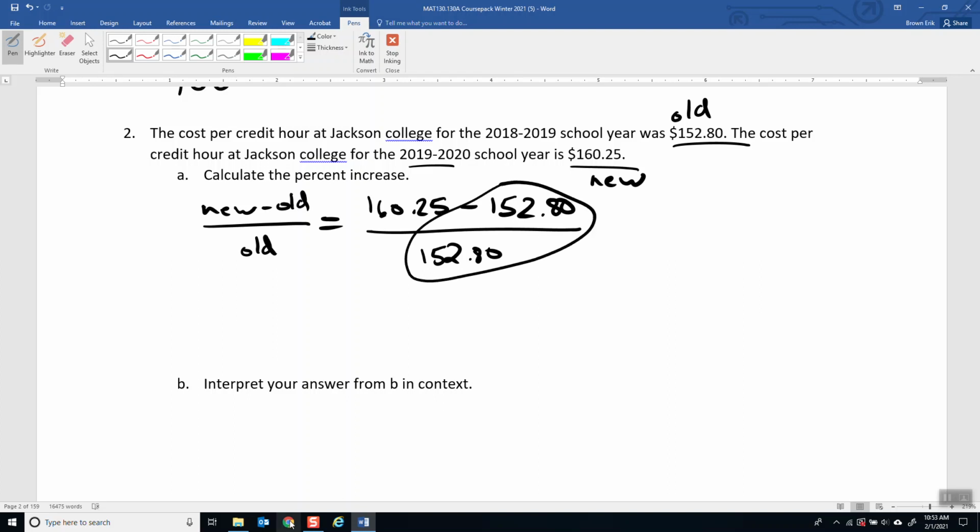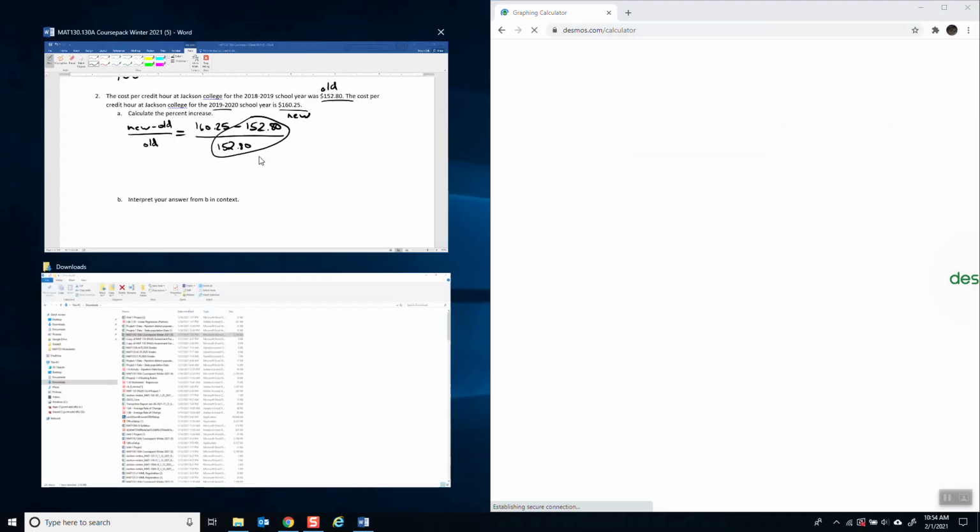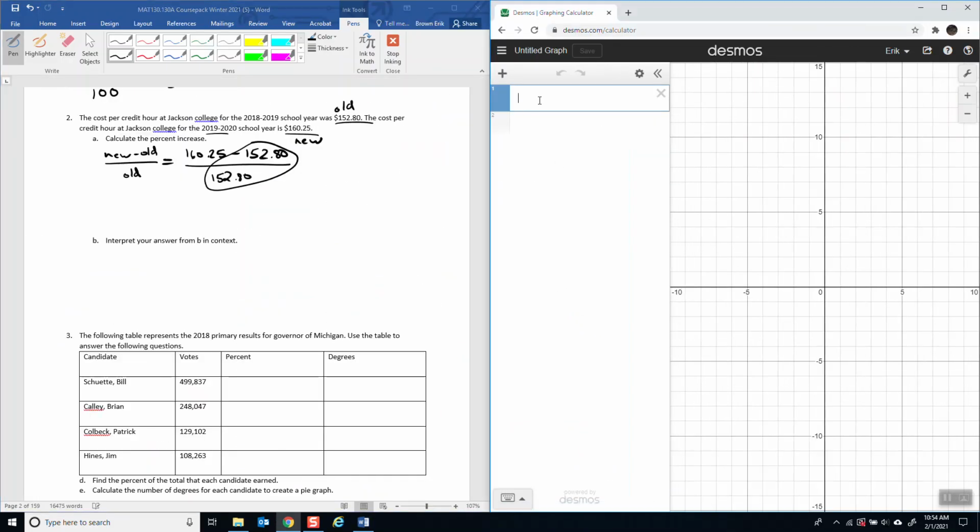All right, let's type that in Desmos. So I'll split my screens here so we can see the two values, and we're going to do 160.25 minus 152.8. A common mistake here, if you're using your TI-84 calculator or whatever and you're trying to type this all at once and you hit divide, this is what your calculator does. It divides the number you're subtracting by. So what you need is parentheses so that you're dividing the entire numerator by 152.8. Note that value is approximately